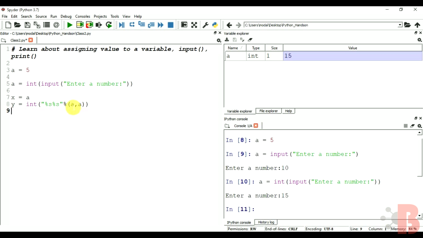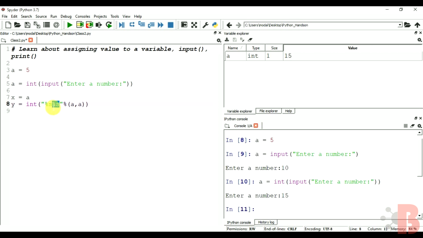So here a is our initial variable, which has 15 as its value. Now what it is going to do is, here we are creating a string with substrings. This is one substring and this is one substring.